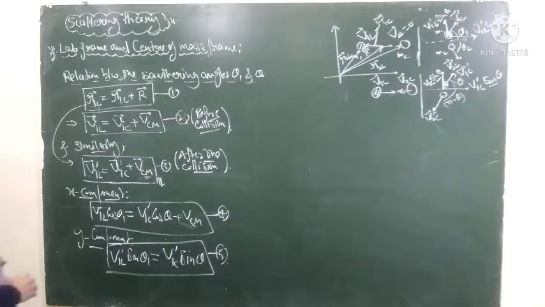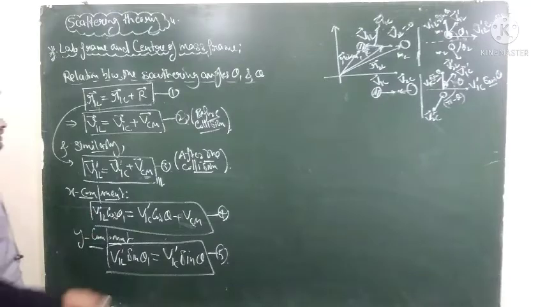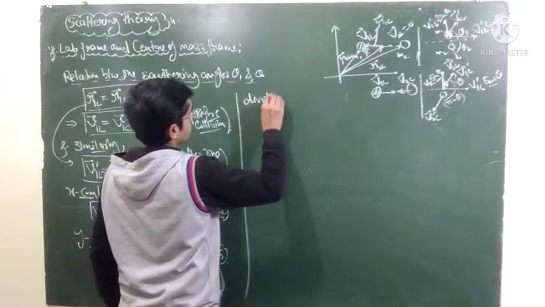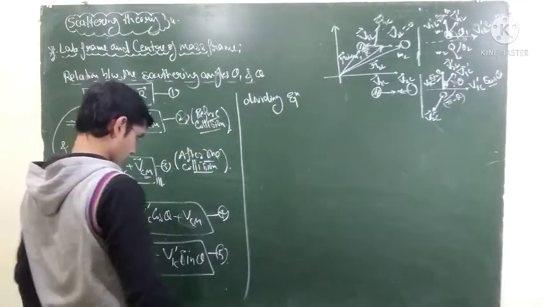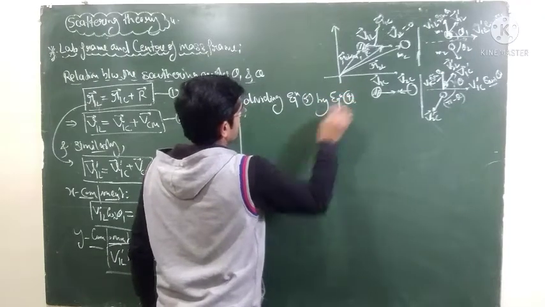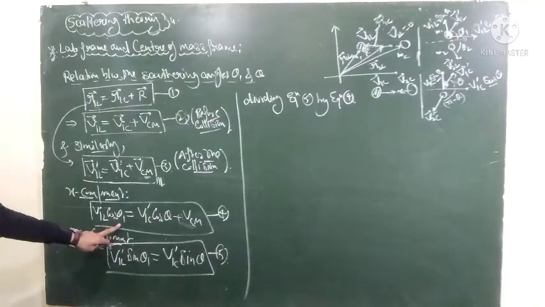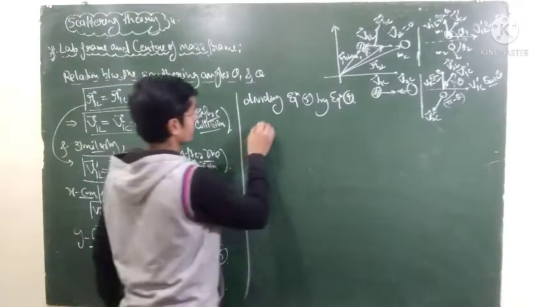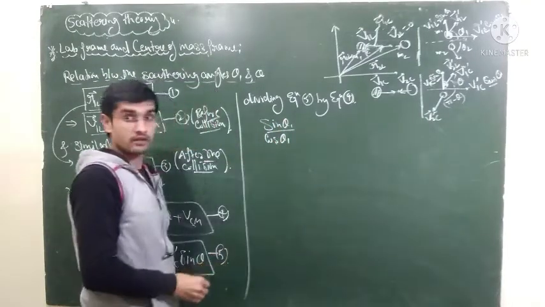Now what you have to do, you just have to divide equation number 5 by equation number 4, right? So dividing equation number 5 by equation number 4, it will be sine theta 1 divided by cos theta 1, because this particular first factor will cancel each other. So it will be sine theta 1 divided by cos theta 1,